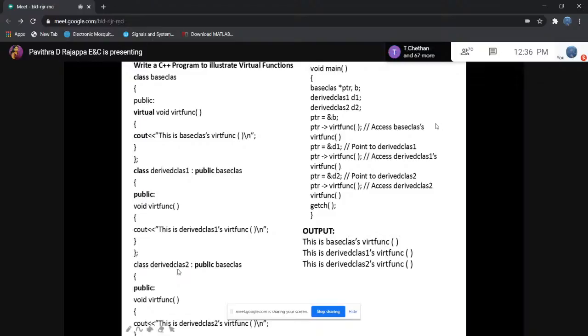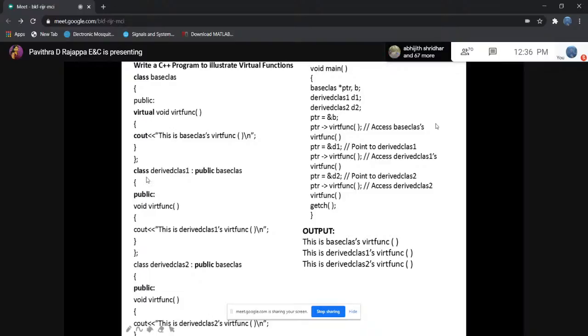This is derived class 2, and I am deriving the properties of the base class into derived class 2 also. Within the derived class 1, I have again one member function whose name is the same as this. Then I am printing one sentence: this is derived class 1 function, and then I am closing it.